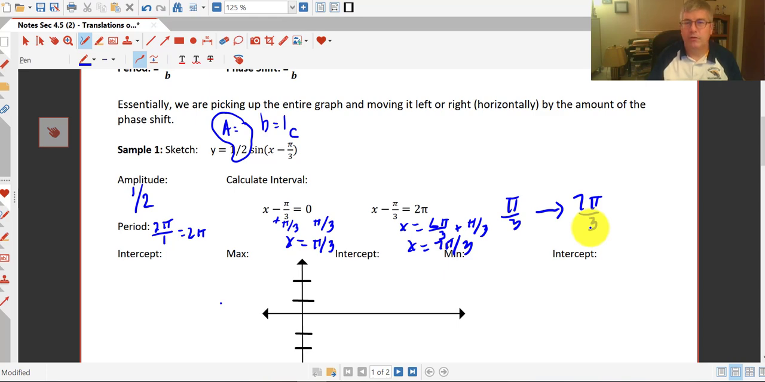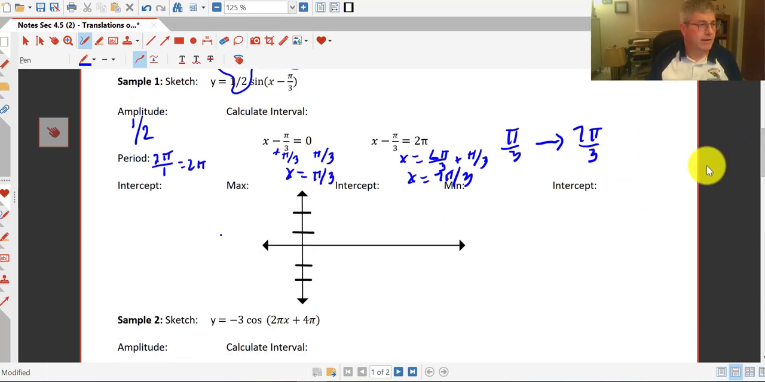And our period, though, is still 2 pi. This is still 6 pi over 3 in between. So we still have a period of 2 pi, but we have now shifted this whole graph pi over 3 units to the right. So I've got some notes here. We're going to find out what our intercepts are, our maximum, another intercept, a minimum, and another intercept. So these are going to be our 5 critical points